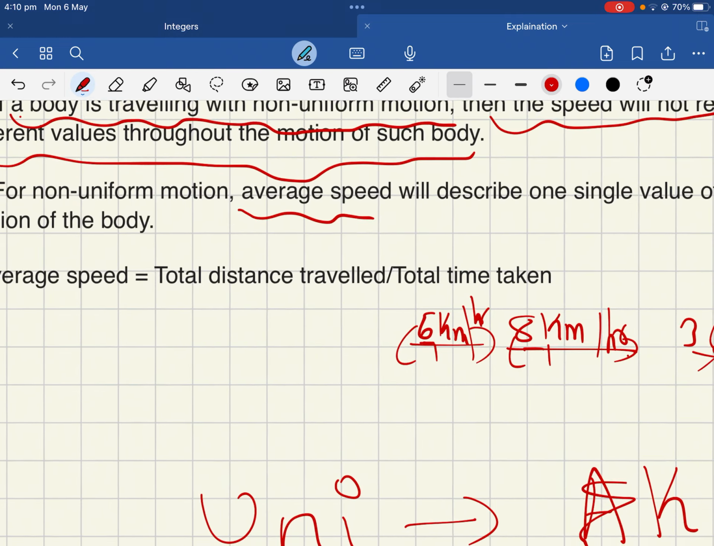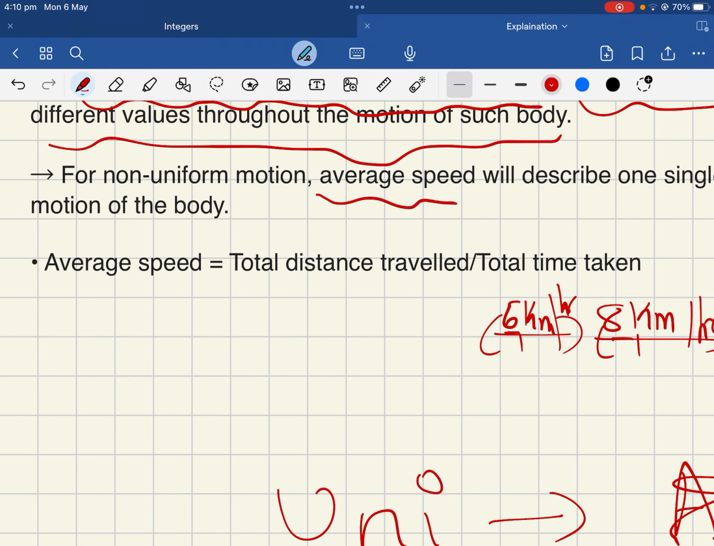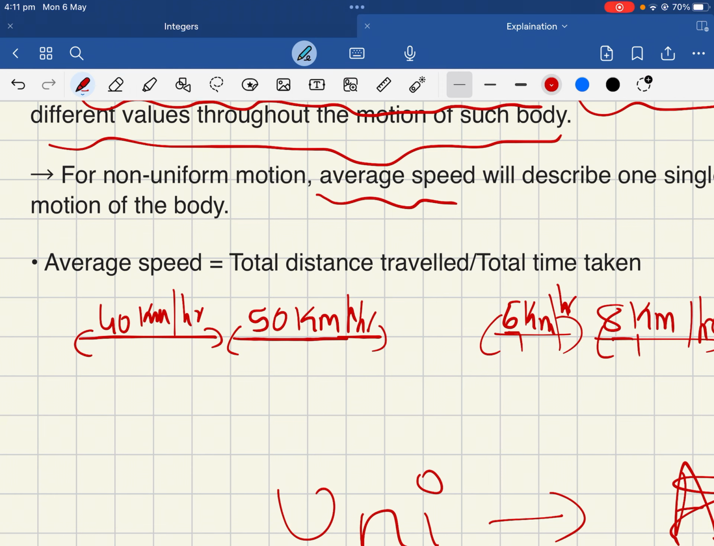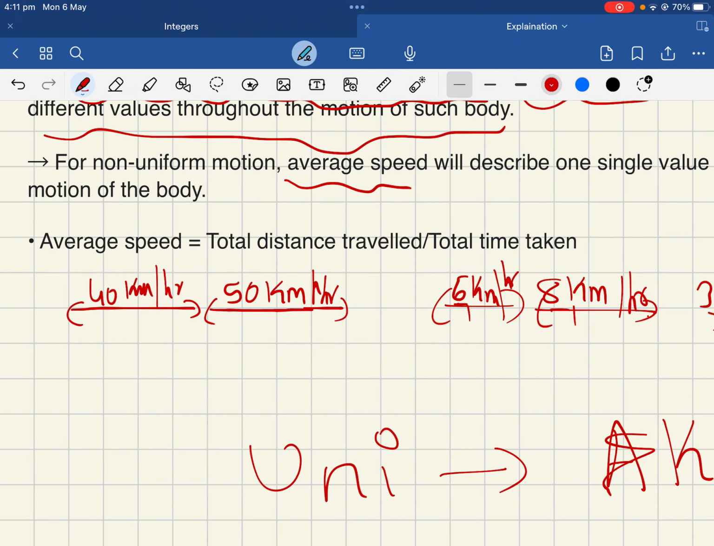Next, I have another example. For example, a body travels 4 units for 2 hours at the speed of 40 kilometers per hour, and then 4 units again at the speed of 50 kilometers per hour. What would be the average speed? That would be